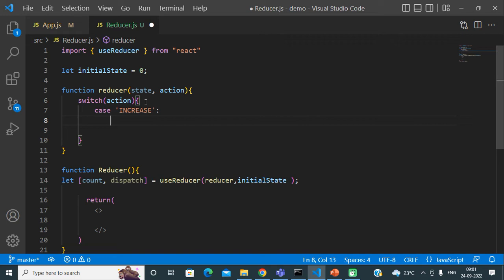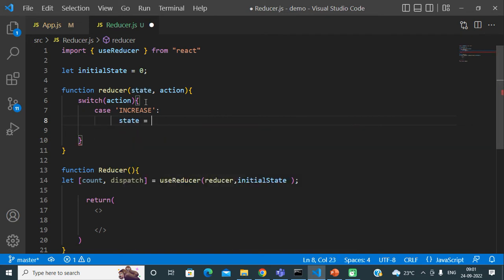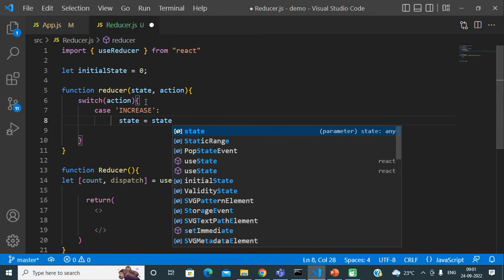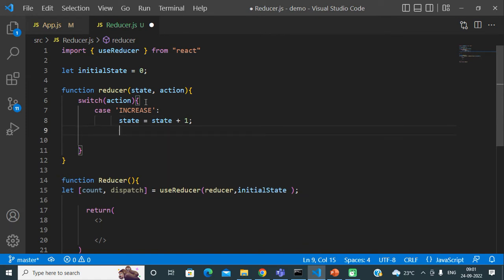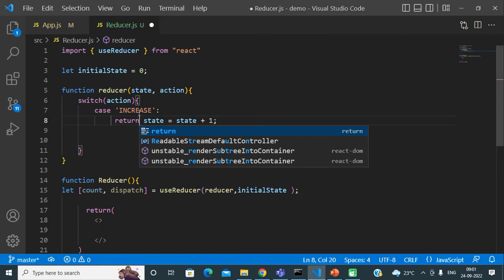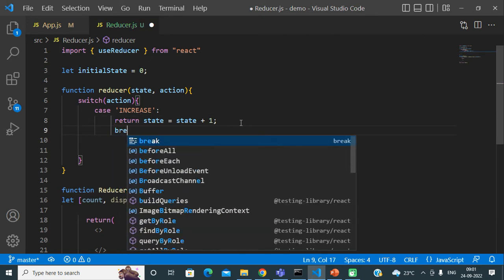So we just need to define that logic. Let me just complete this and then I will tell you. state is equal to state plus 1. After that we need to return from here, and after that our normal break statement.